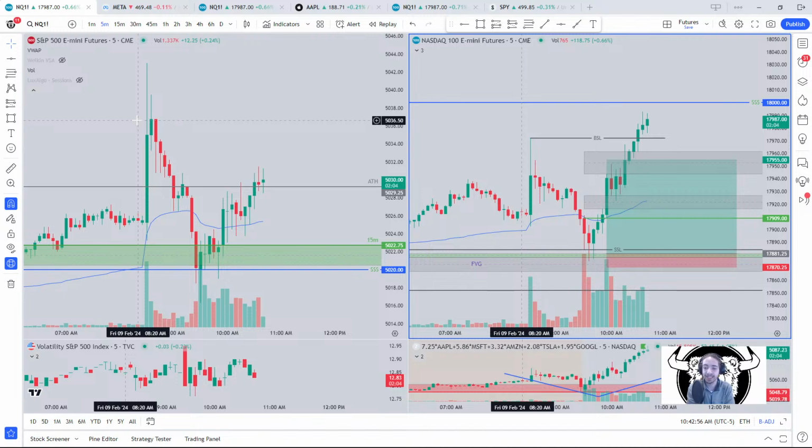We want to take not only high probability trades, but good 4 to 1, 3 to 1. I would really not go under 3 to 1, especially with how the market has been moving lately. It gives us those opportunities to take trades where, if we lose more than we win, we could still be profitable, and that's essential to growing an account stress-free and growing an account with strength and momentum.